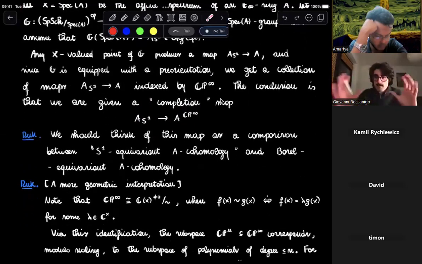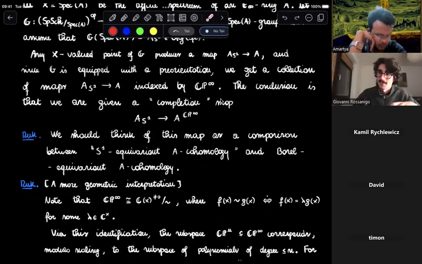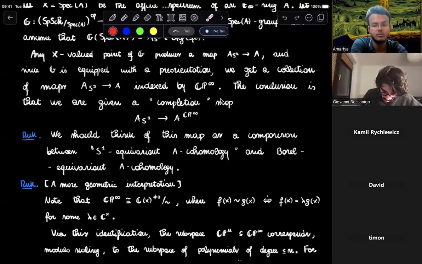Okay, this is the data that a pre-orientation gives. How to construct them? The idea is that there is no real geometry involved here, so we have just a bunch of definitions. And the interpretation that I would like to furnish is that it is possible to interpret pre-orientations as elements in a particular homotopy group. And the idea is that if we think